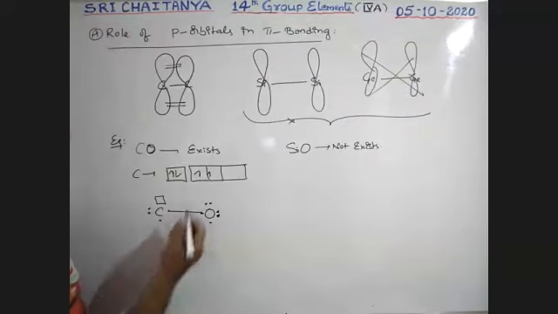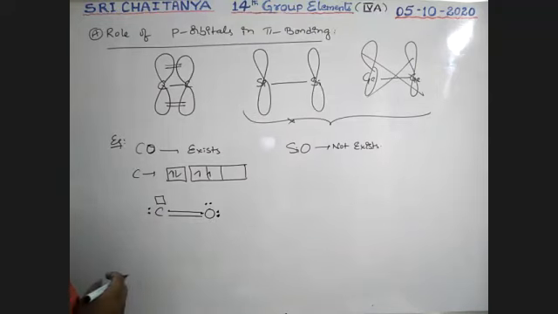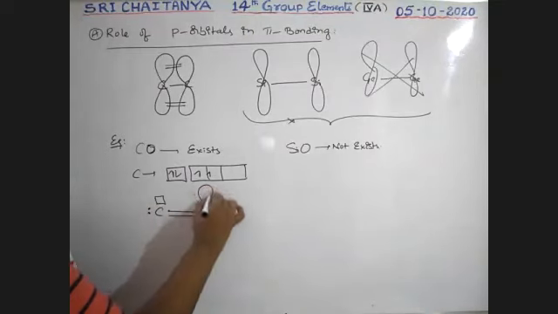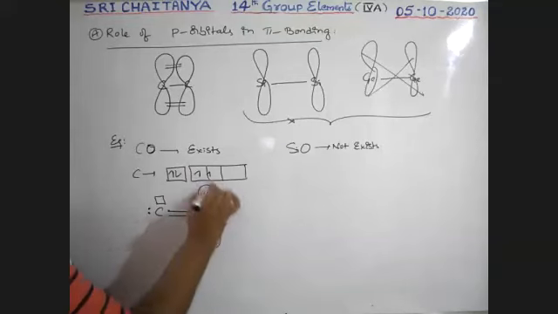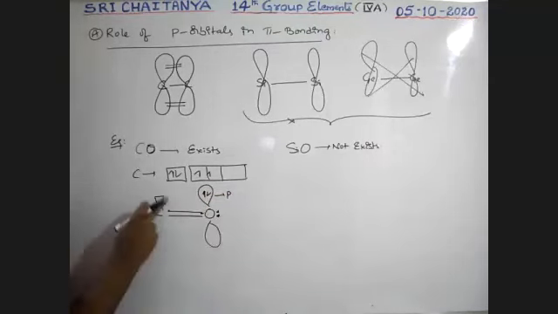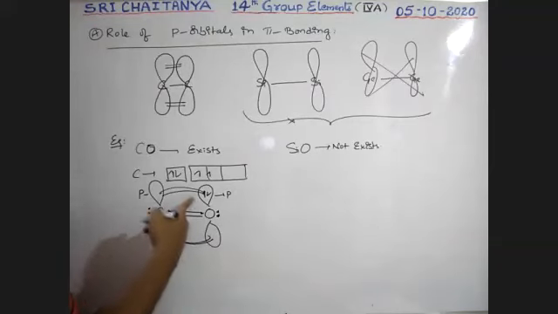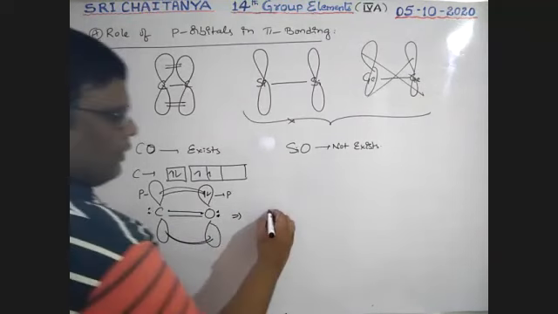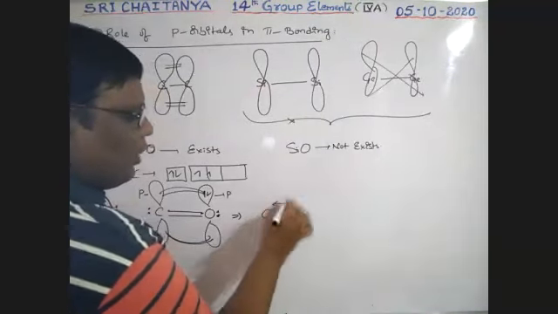These two, sideways, are involved in bond formation and give a sigma bond. Here also, involved in bond formation, it gives a sigma bond. A double bond is possible. Next, this is the orbital containing a lone pair on oxygen, and it is a p orbital. This is an empty orbital, boys. It is also a p orbital, and these two are involved in sideways overlapping. So a coordinate covalent bond is formed, from oxygen to carbon. Carbon has double bond character and a coordinate covalent bond is formed.